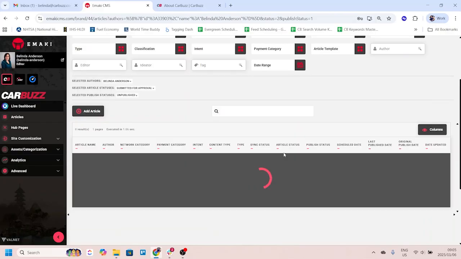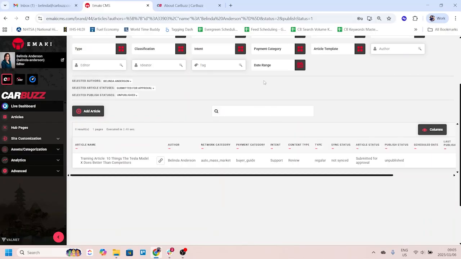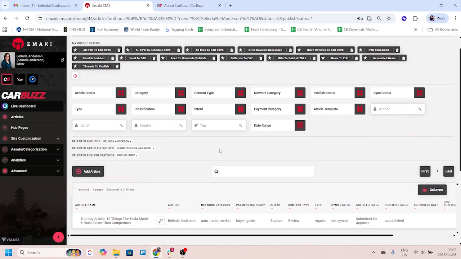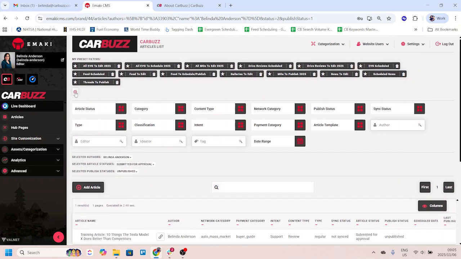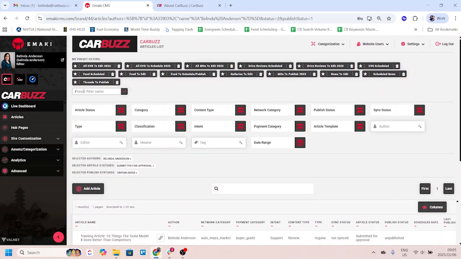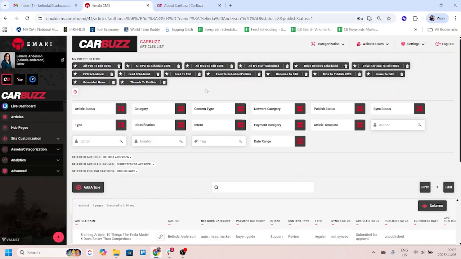But if I take those dates away, it will bring up something that was done in way back when, because that is my training article. It's obviously not been published for that exact reason. And that is how these filters work. So once you have then selected these various things, if you click on this little plus button over here, you can type in a preset filter name, and it would be something like all my stuff submitted. And you'd hit plus, you'd hit the correct button, and it would then add it to this list of presets